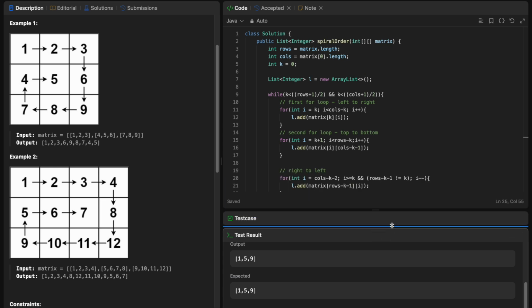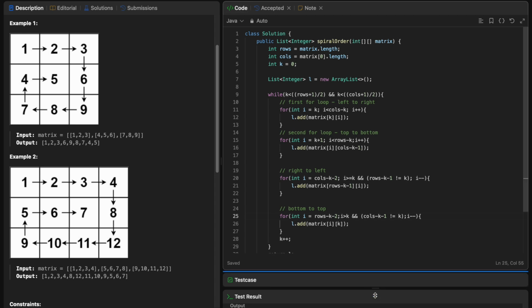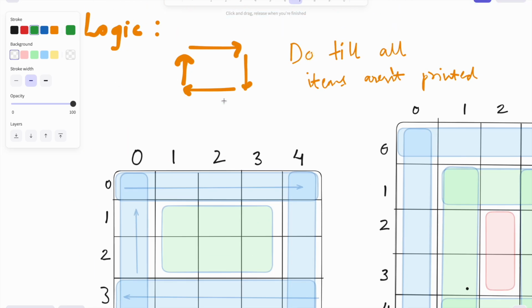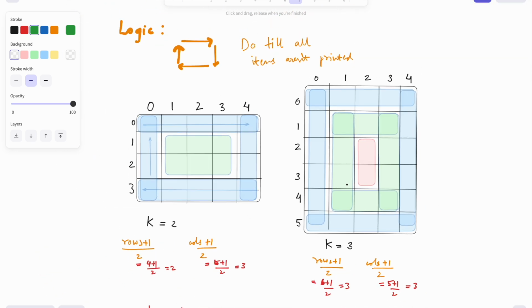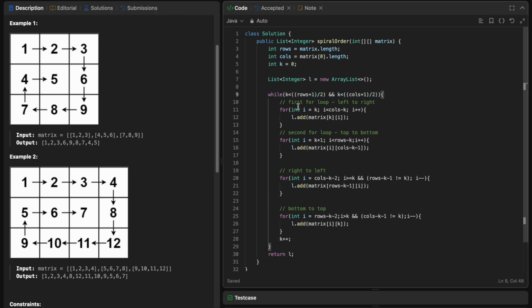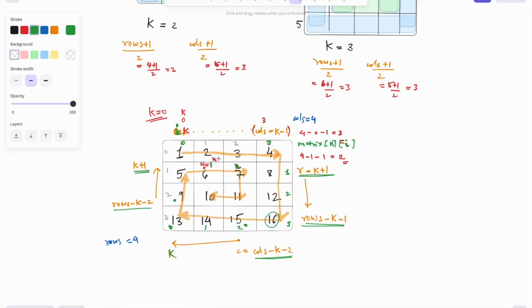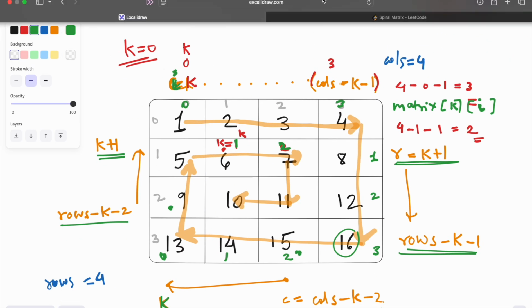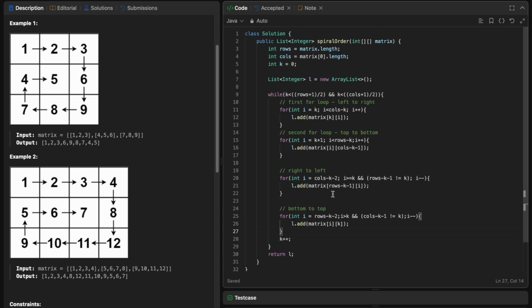Let's quickly summarize it. We started with our question, then we realized that this was the logic behind it. Then we determined the number of layers that we want, so we have this while loop, and you have to come up with logic for that. Then we have the four for loops, for which we have to determine the starting and ending indices and relate them with k, so that it is generalized. And a very small condition over here to make sure that our single row and single column test cases pass as well, because every time we might not have to finish the entire loop. That's why we need this. Awesome. So that's our solution. I hope you understood. Bye.